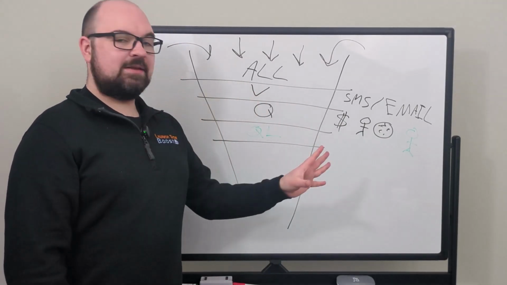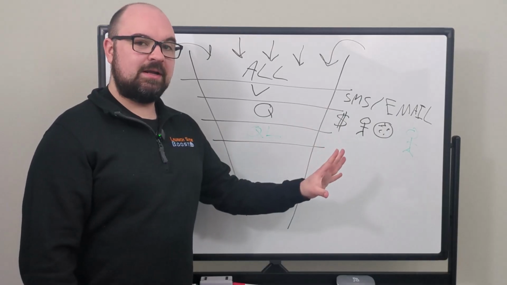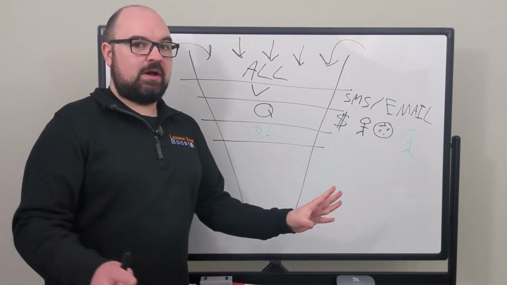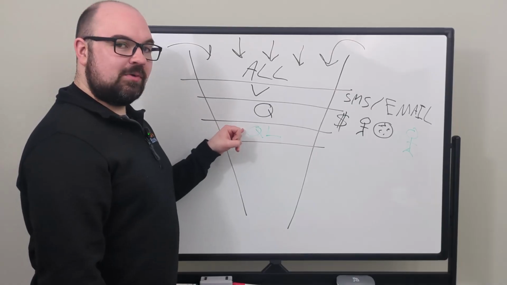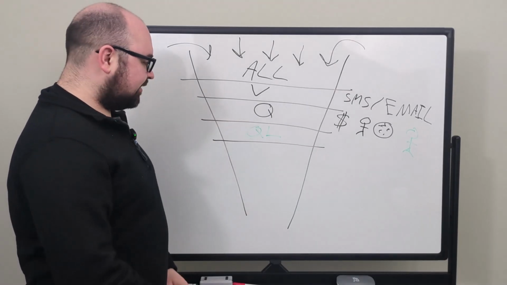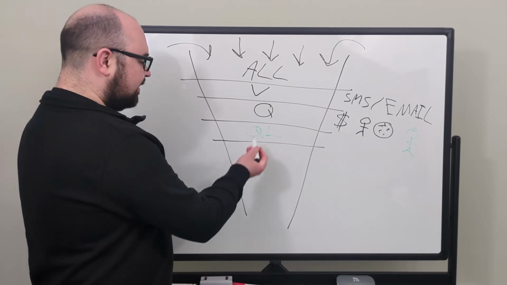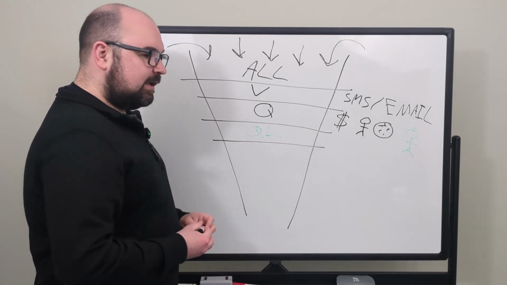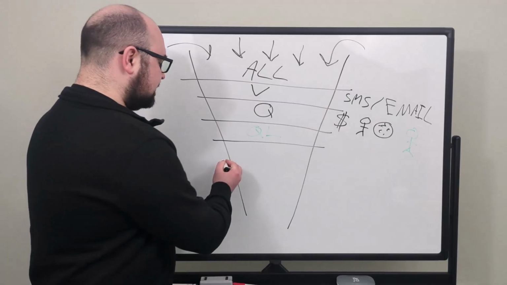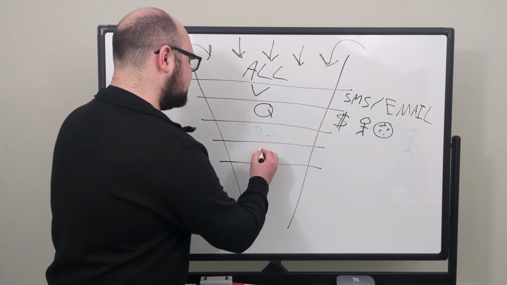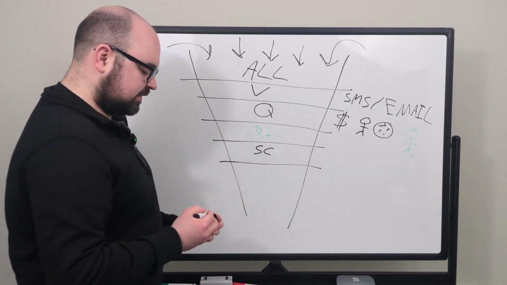But anytime I say it'll get rid of 50% of your pipeline, a lot of business owners get terrified and go, why would I want to do that? The reason is that you're only working with the people you actually want to work with, who are actually qualified leads. So when they are a qualified lead, more than likely they're ready to go to the next stage fairly fast as well. So let's say that's a sales call or a conversation. I'm just going to put SC, so let's say it's sales conversation.